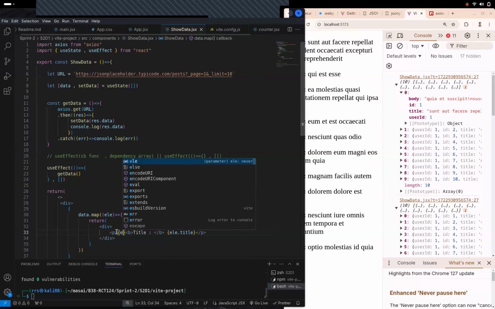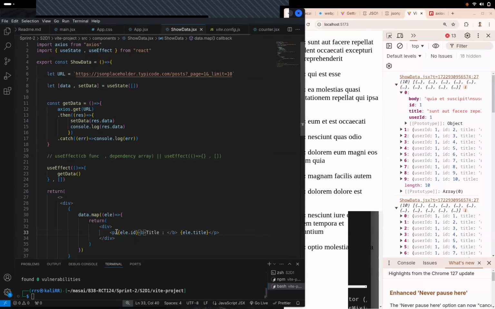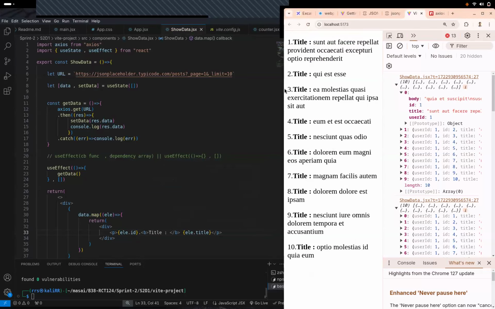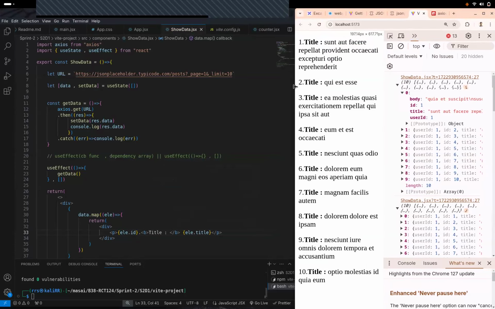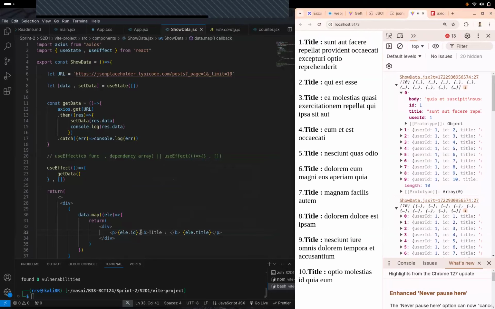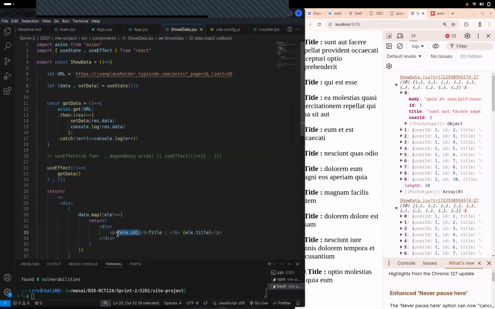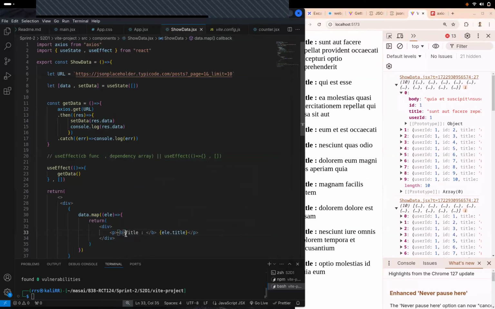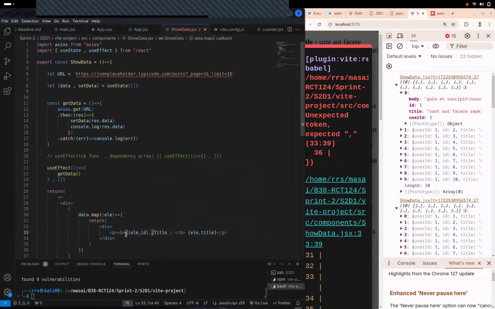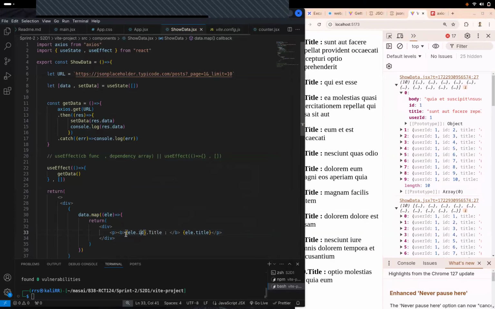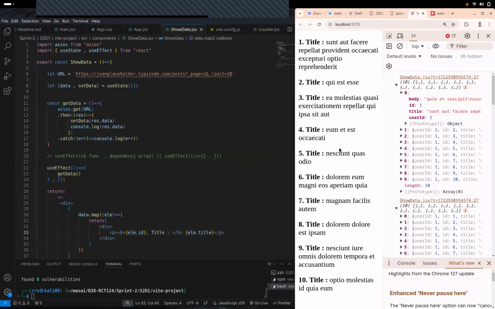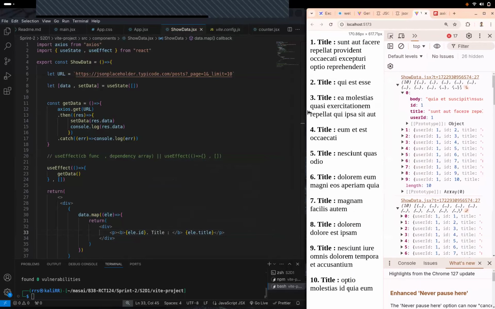So it can be like a serial number. So element dot ID, and after that I'll attach a dot, right? So over here you'll have this structure. Let's keep it in a B tag. And we'll keep a space over here, right? So this is what we are getting.